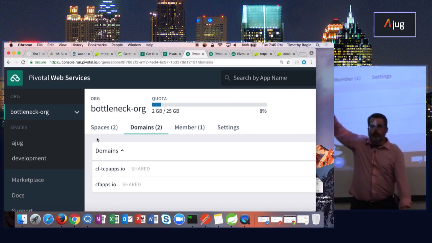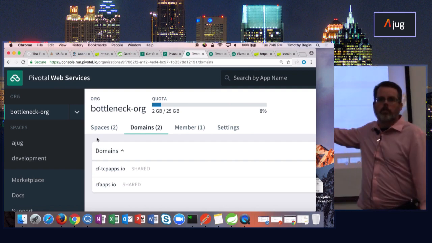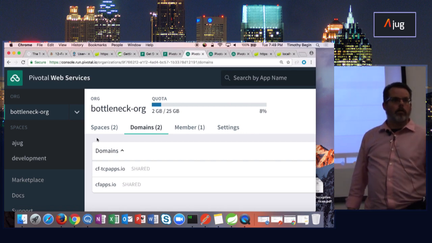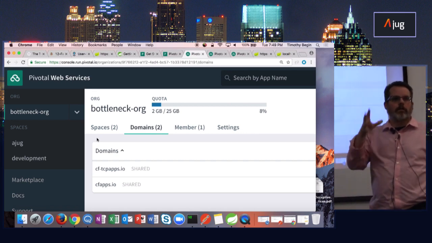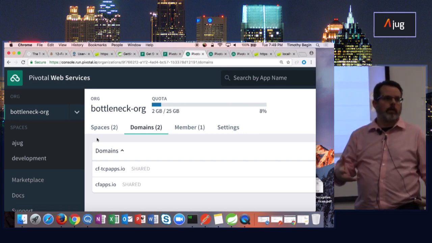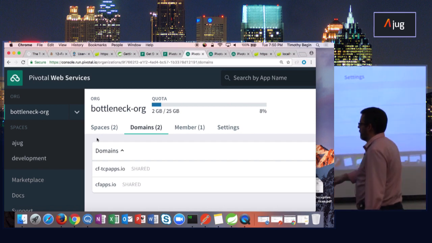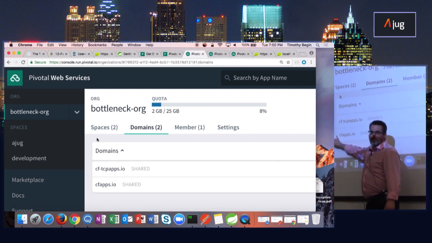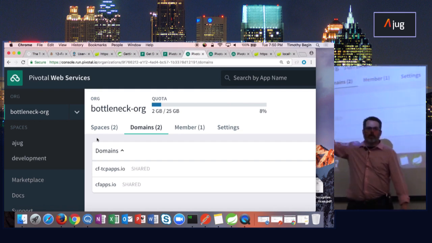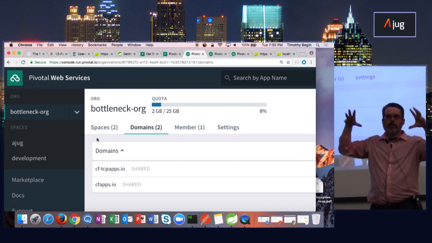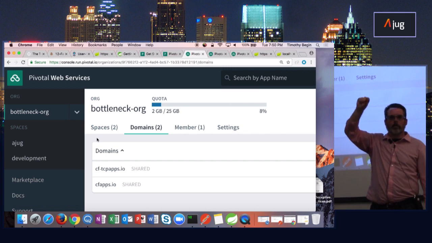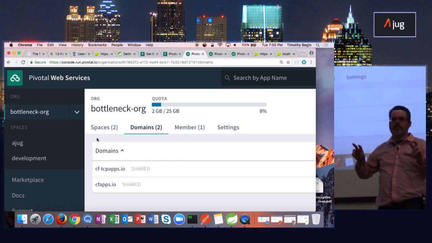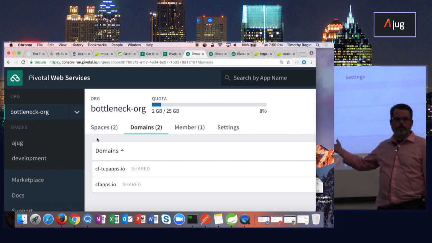What this says is this platform is going to respond to those domains. So if I have an application, I push it out. I had called this one the AJUG-data application. Its name is going to be appended to the front of this domain. So that's how I'm going to get to it. The route that Cloud Foundry is going to take is going to be whatever that app name is and that domain, and it's going to route it to the appropriate instance or instances of this application.